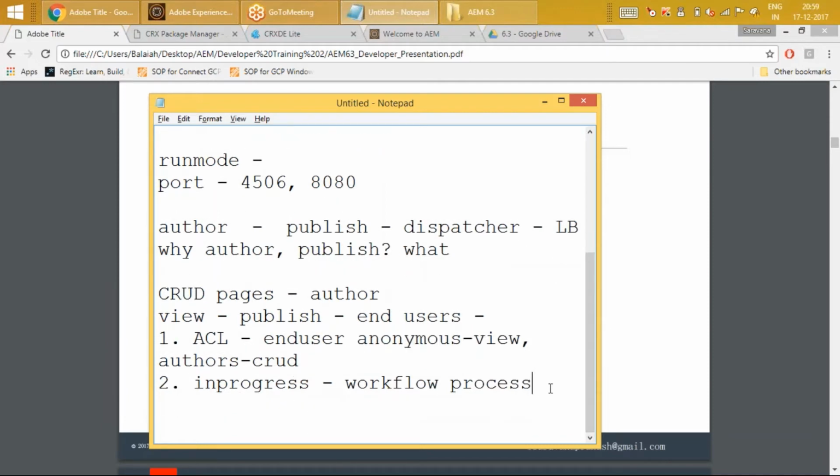To finish my page, I have to go through a little workflow process, probably set a few parameters, set a few properties, and only then will my ACL permission flip that page to be available for the anonymous users. I can do it within one single instance alone. But why do I want to go for the author? Does that answer your question? Does that act as a defense for you? Technically it is possible.